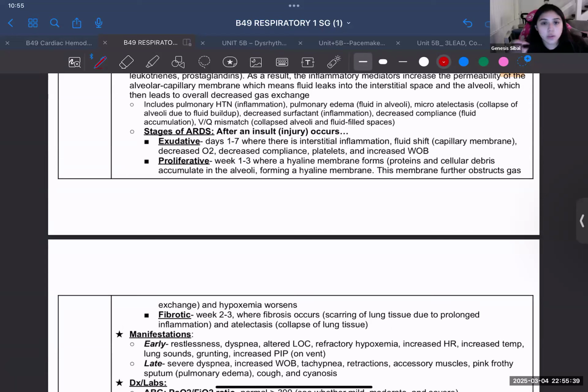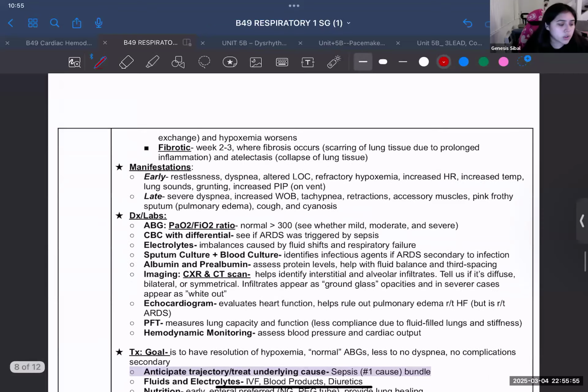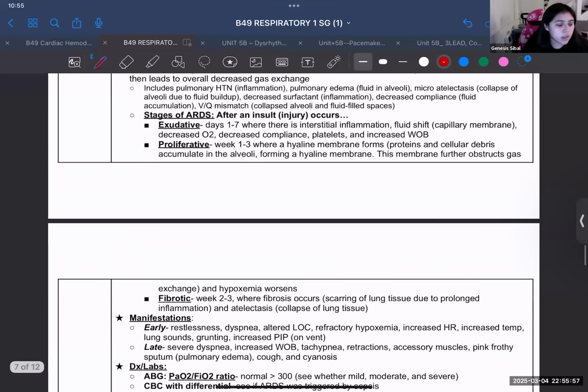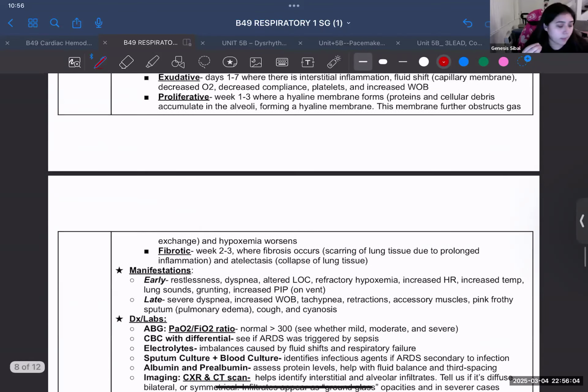She won't ask you to know which one is specifically for which, but it's just understanding, again, you start off on this stage, then this stage, and this stage. So she could ask that, but I don't think she did, and I think it was one question on a different exam, and it wasn't anything too difficult or hard. I think it was just tricky because it's pretty short. Like you have day 1 to 7, week 1 to 3, week 2 to 3. It's still a pretty short amount of time.